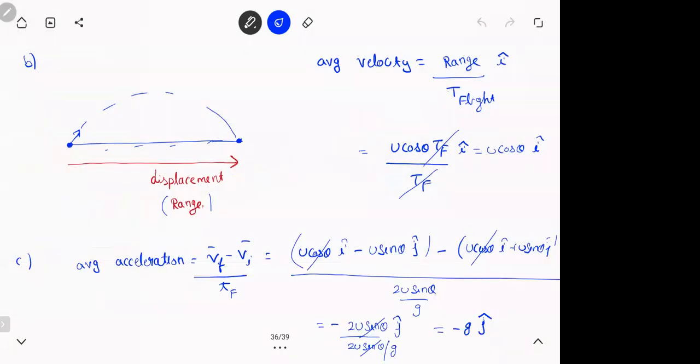If you see, obviously throughout the motion the acceleration is g only. There is no other acceleration. So obviously we'll get g only. You can actually say the average acceleration is g directly without doing anything, because from starting till ending, the only acceleration you have is g. So the average is also g. But still, if you want to solve it, this is how you do it. Have a look at this. Any particular doubt on this, please ask me.